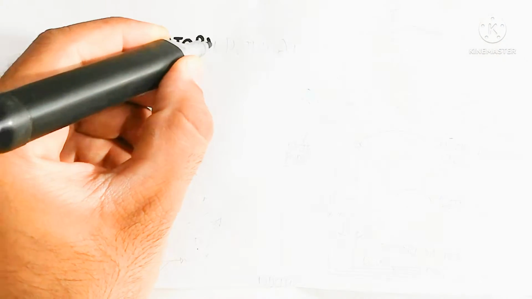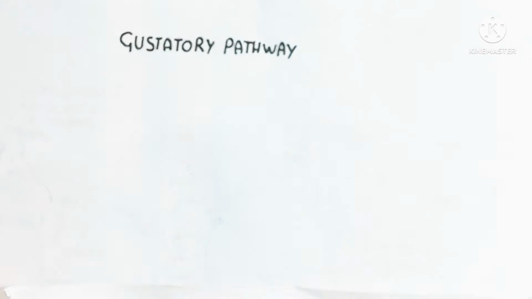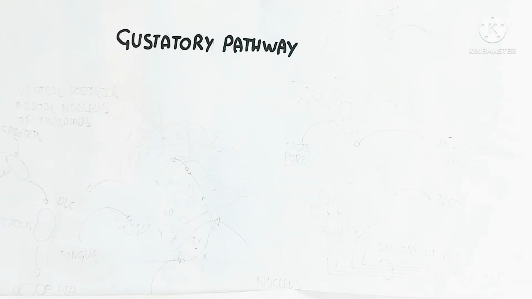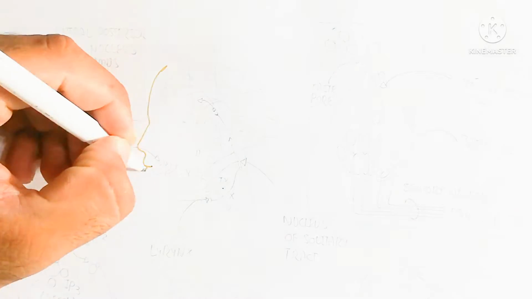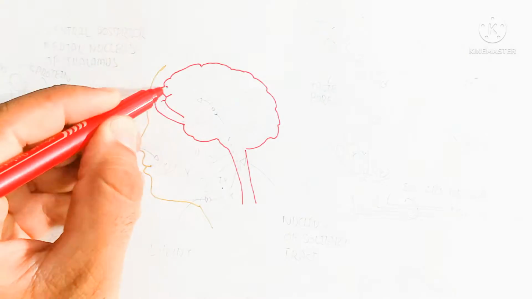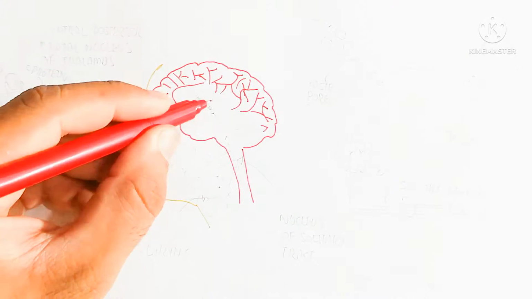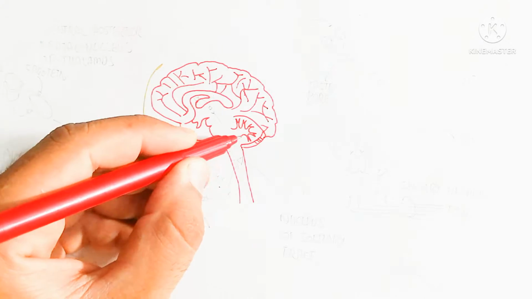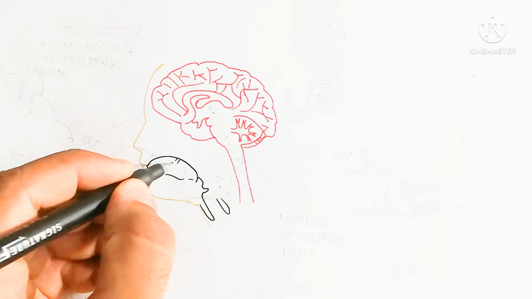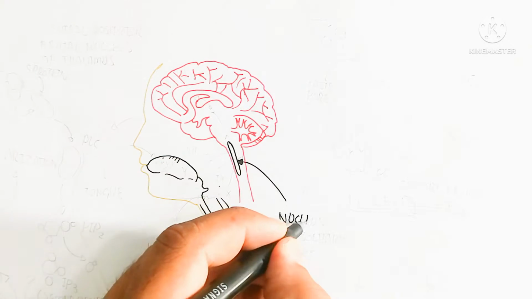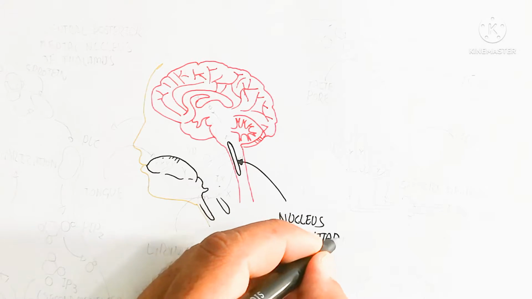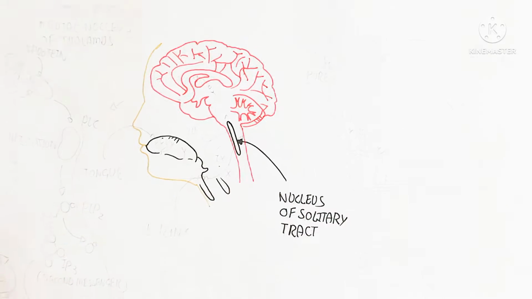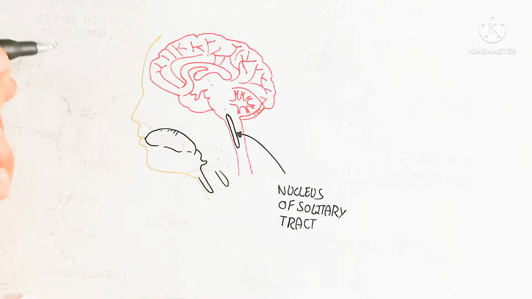Hello, in this video we will discuss the gustatory pathway. So what is this? This is taste reception. During this, the sensory neuron will transmit the signal toward the brain. Afferent nerves, not effector, will move directly into the brain. So this is the region which contains the nucleus of the solitary tract,